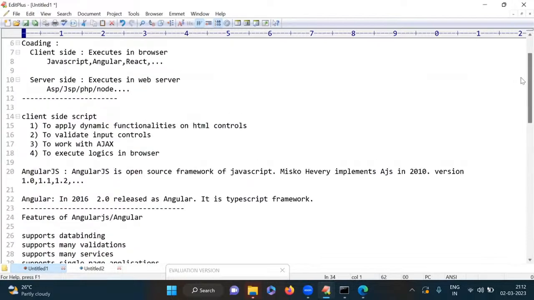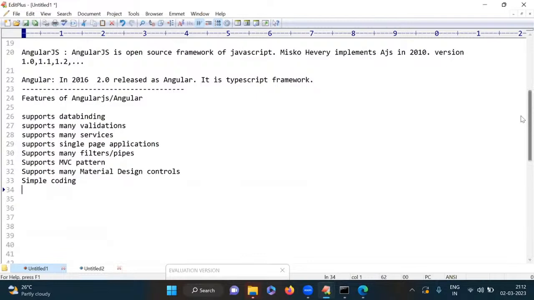So from a coding point of view, it is very, very simple here. We can use very easy coding and very simple logics, and we can implement it here. So that is the main point. If you take JavaScript, the coding is very complex, and if you observe, Angular coding is very